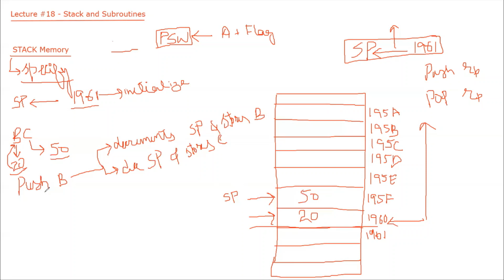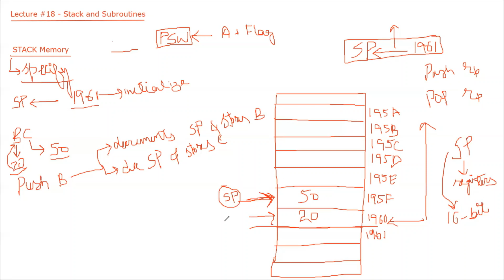And you can see that after the end of this instruction, where is our stack pointer? Our stack pointer is pointing to the top of stack. So this is the top of stack, and below this stack is our data. So we can say stack pointer is a register that stores the memory address of top of stack. It stores the address of top of stack, and we know the top of stack address is how many bits? 16 bits. So our stack pointer is of how many bits? 16 bits.